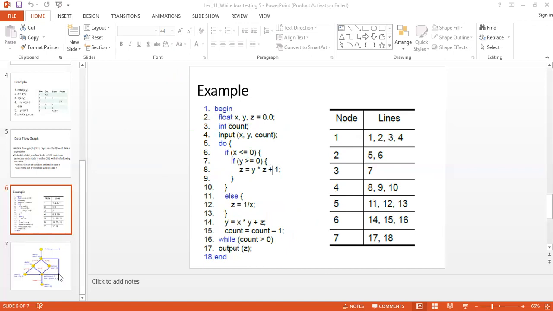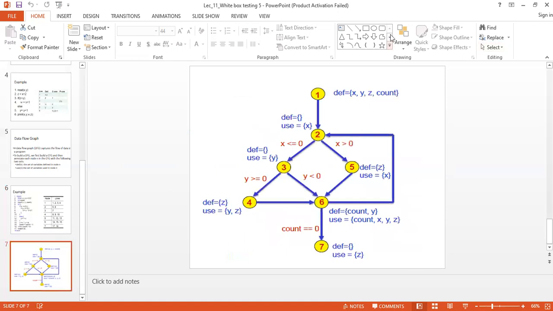So if I draw it in here, based on our program, I will first draw the control flow graph. I basically put how these blocks appear in my program.